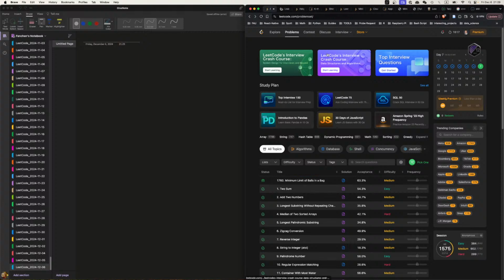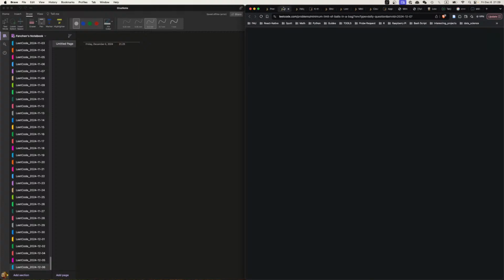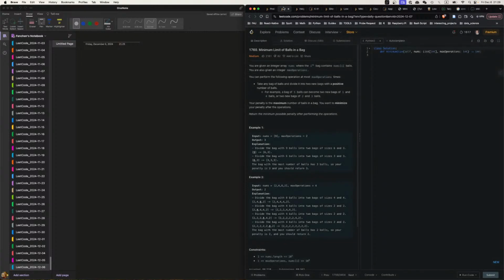Minimum limit of balls in the bag. You're given an integer array nums where the ith bag contains nums[i] balls. You're also given an integer maxOperations. You can perform the following operation at most maxOperations times: take any bag of balls and divide it into two new bags with a